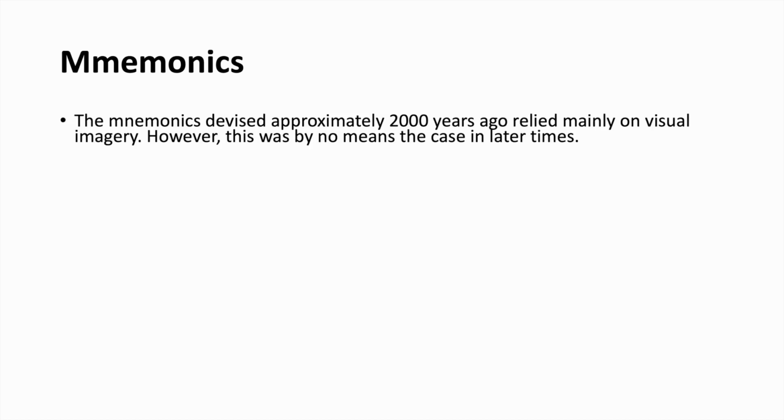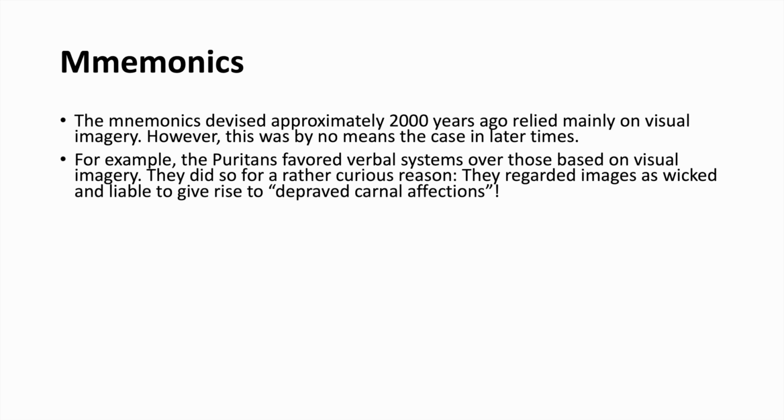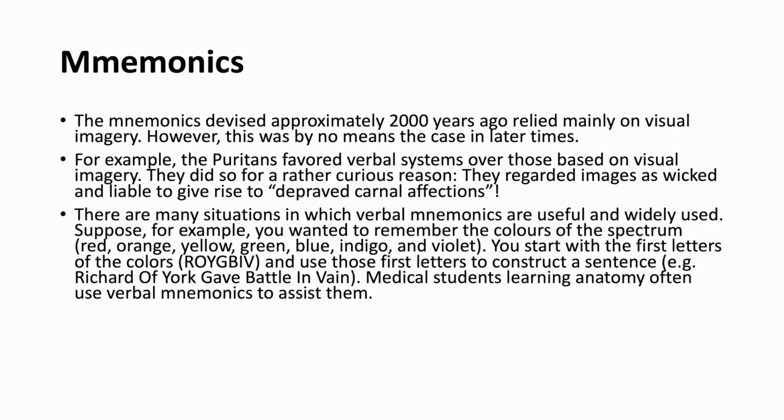The second strategy for improving memory, and obviously there's lots more research on this sort of thing, so you would be expected to find other research as well as the ones that I've presented to you on this slide. Mnemonics. Mnemonics apparently have existed for thousands of years, and mostly in the past they related to visual imagery. But after the Puritans, who apparently used verbal systems,